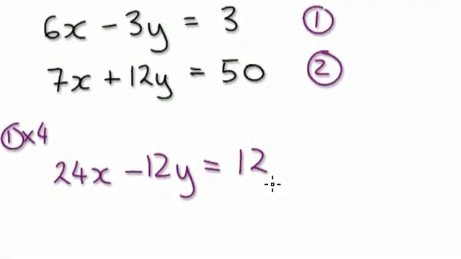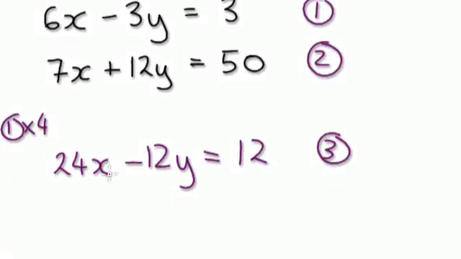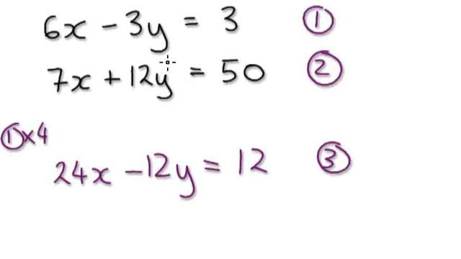Okay, and look at this. Let's call this equation 3 now. If you get equation 2 plus equation 3, the two y's will cancel each other out. You see, this will cancel out with this when you add the two. So now inside your mind, add the equations. Basically, equation 3 plus equation 2 would be